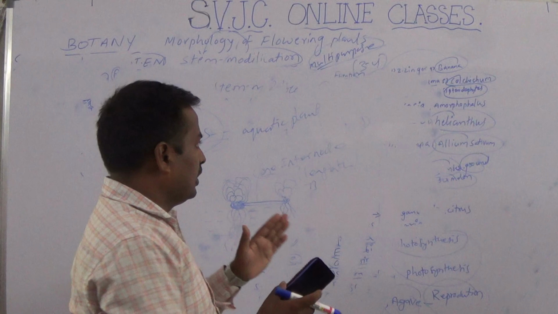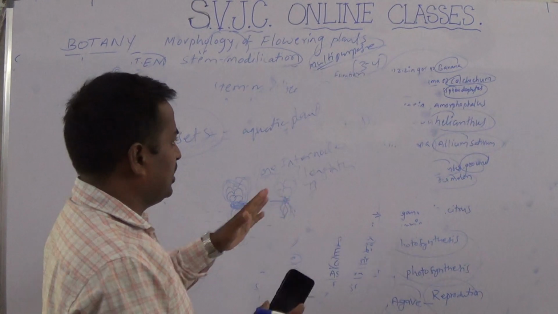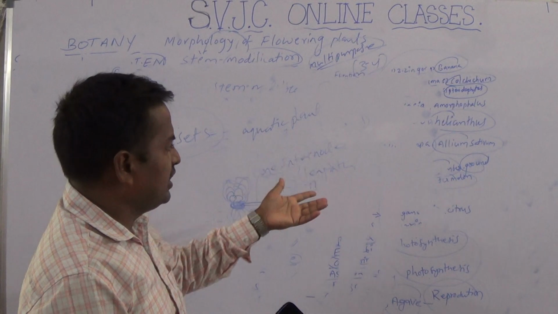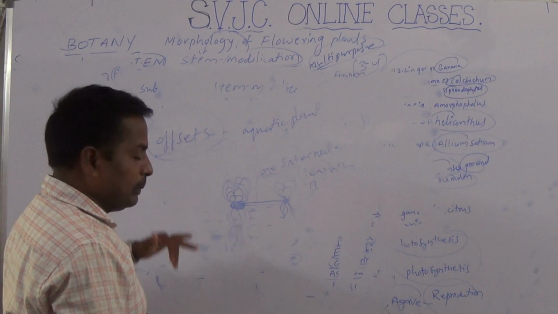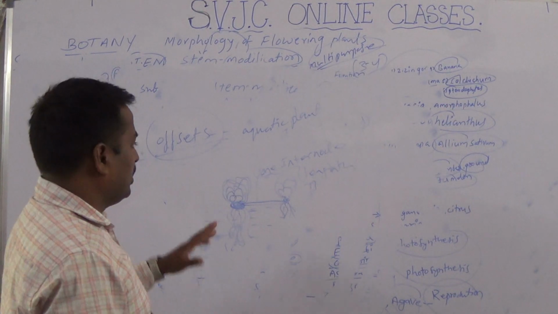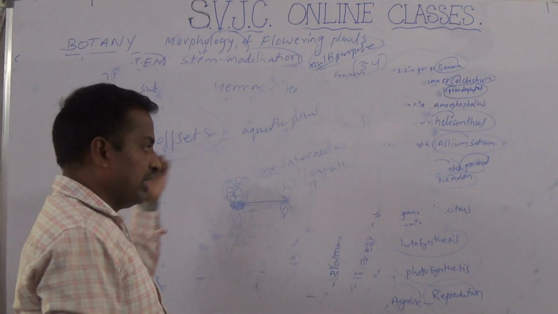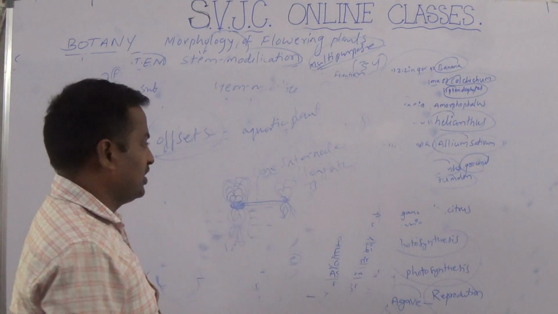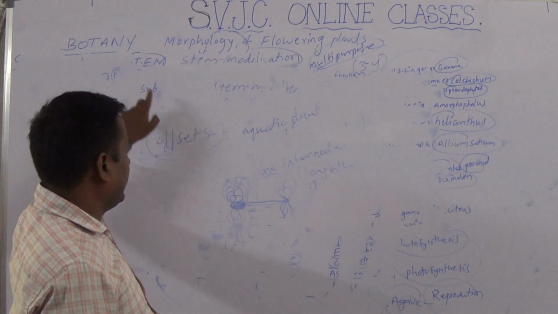Here, from a theory point of view, the offset definition and example are needed, but analysis is a must. Examples, analysis, common points and variations are very important. For example, in offset and in clouds, what is the common point? One internode length of branch is present. But in offset, the one internode branch performs vegetative reproduction, whereas in clouds it performs photosynthesis. Are you clear?